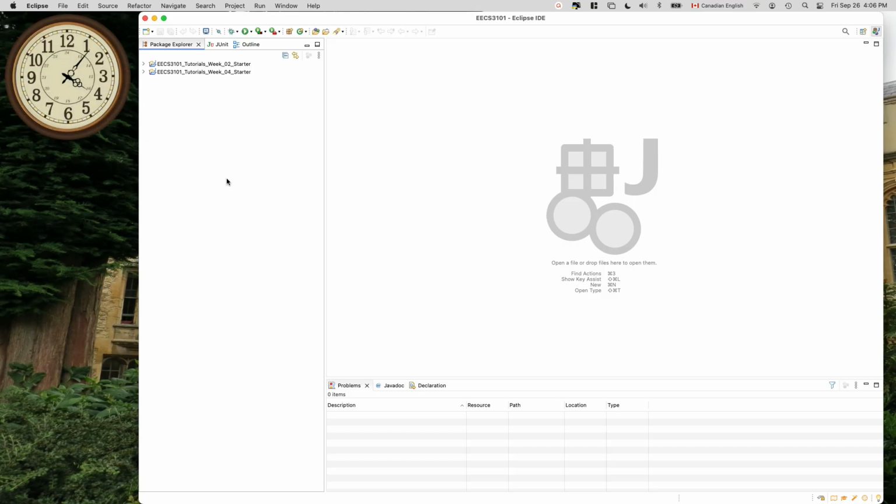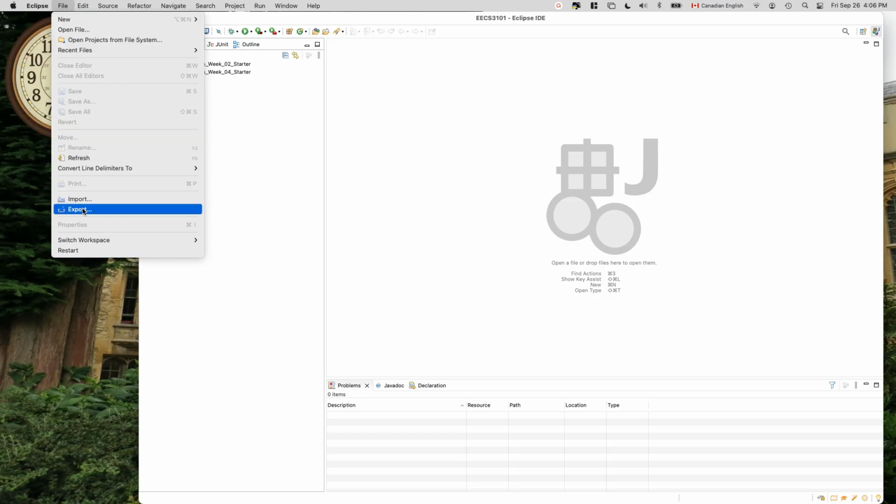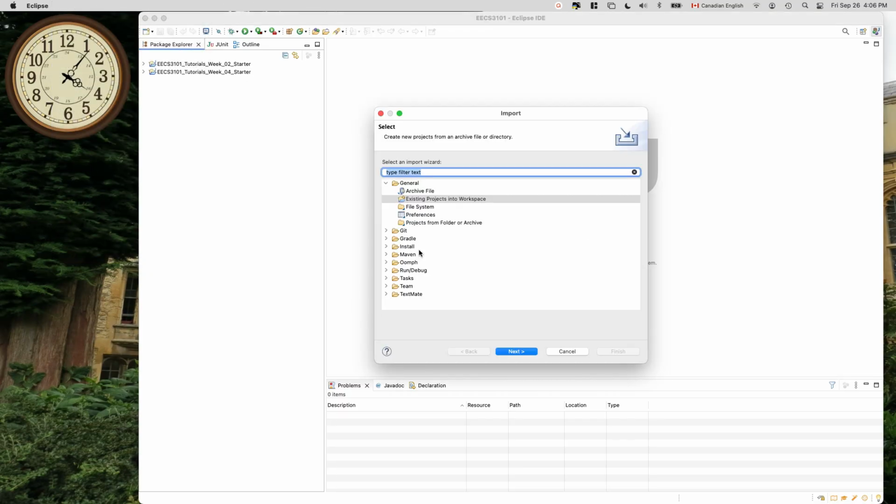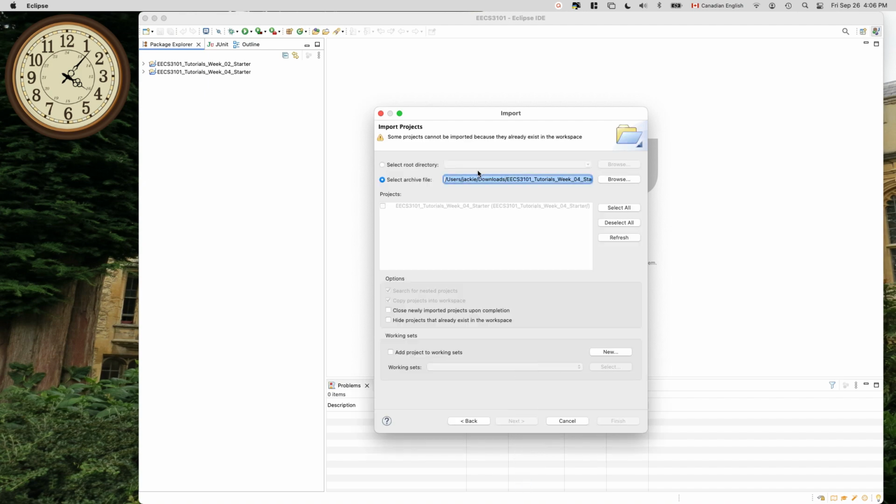All right, so again, how do you import? Let me just show you one more time. File, Import. Under General, you click on Existing Projects into Workspace. This will be something similar to what you have to do in the upcoming 2 midterm tests in the programming component. So next. And then, of course, you're going to select archive file, and you're going to browse